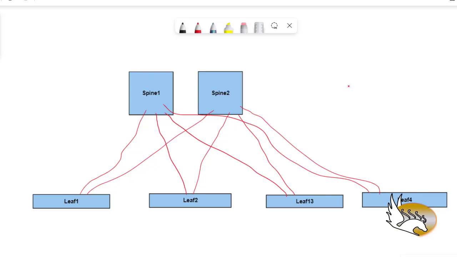Now, let's see what we have. We have 2 spines, which means that every leaf is going to have 2 paths at least to these spines, and from these spines to the leaves to the destination. Let's say that, for example, I have a virtual machine which is connected to leaf 1. I have another virtual machine which is connected to leaf 2. If I want to have traffic from VM to VM,